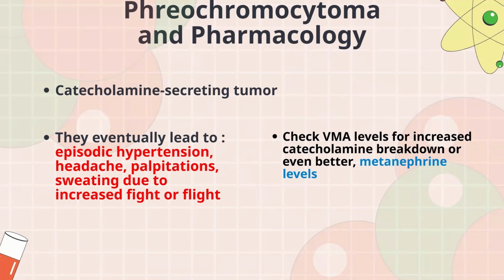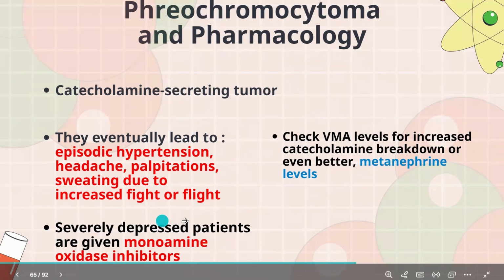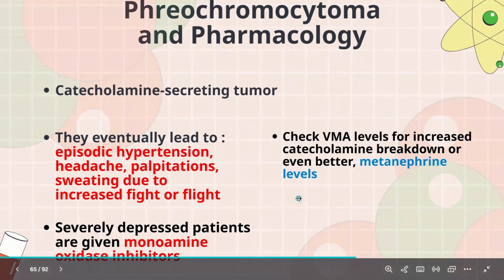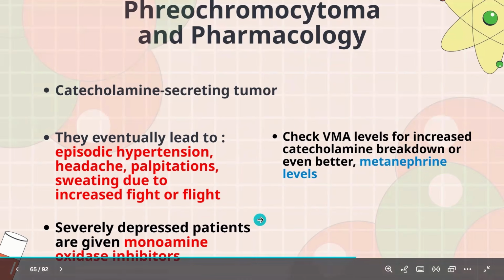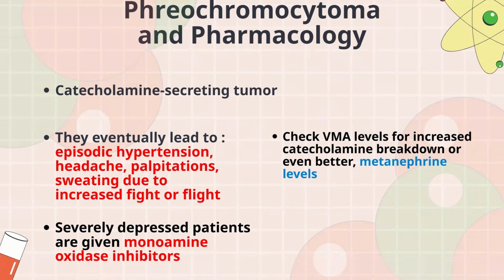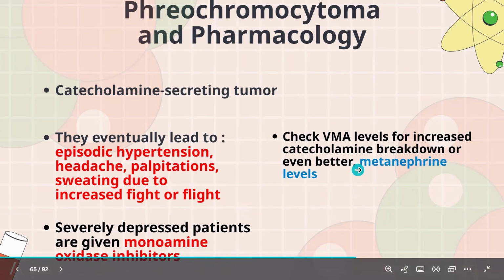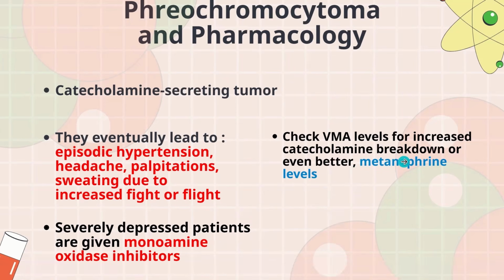Okay. Now, for the pharmacology, there's only one concept I'm going to talk about, which is basically severely depressed patients. And these severely depressed patients are given monoamine oxidase inhibitors. Okay, that's about it. And the reason we give monoamine oxidase inhibitors is to allow dopamine to be high. Dopamine is our rewarding hormone, right? And because dopamine is the reward hormone, we're going to feel much happier. We're going to feel much more active, and we're just going to be really happy people, instead of dopamine being broken down and forming homovanillic acid.